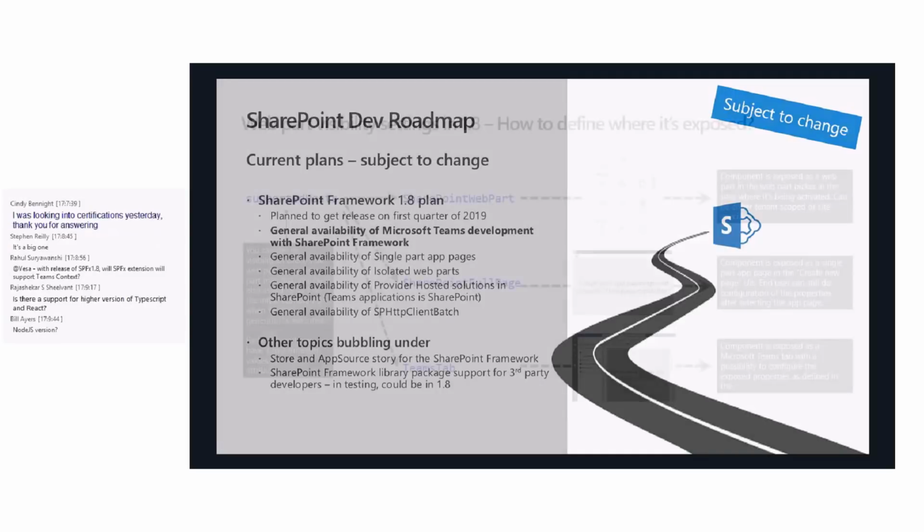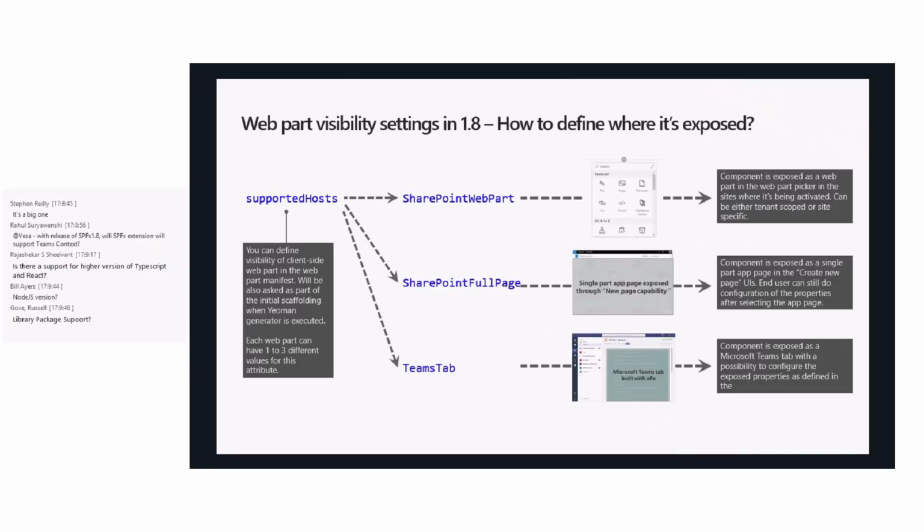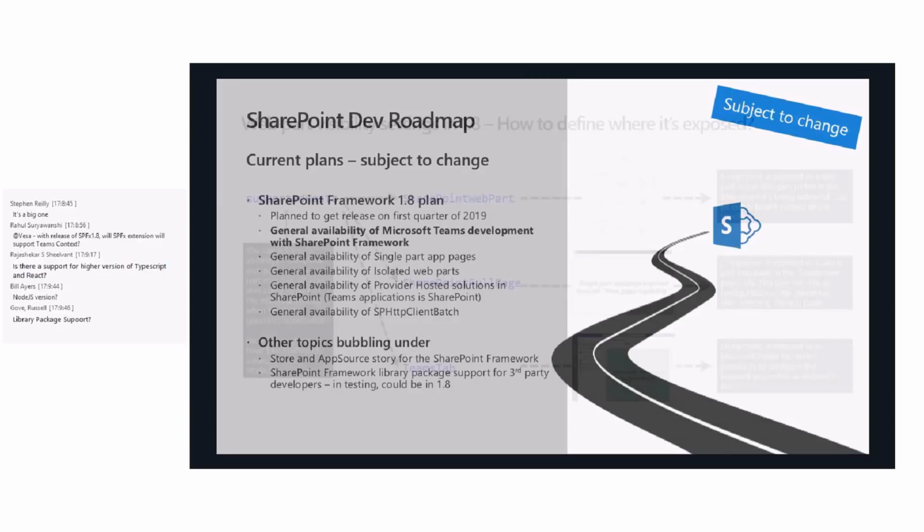Now, one thing we actually showed: the Node.js version most likely won't be jumped to 10.0 yet, but we'll see how that moves. And library package support might be available. We are right now testing that one, so let me get back to the previous file. The library package version, did I actually have it? Yes. We're right now testing that one. It seems to be 90% positive that we are able to push it out as part of 1.8.